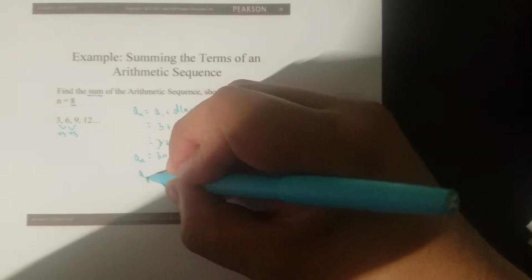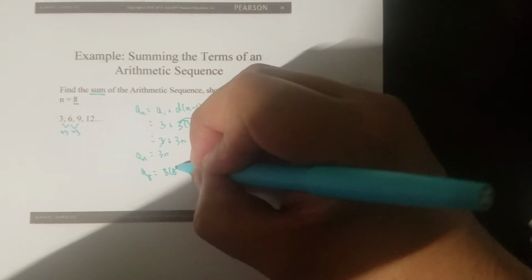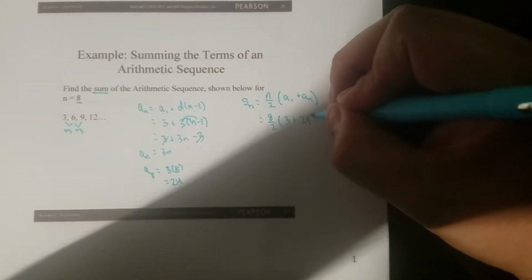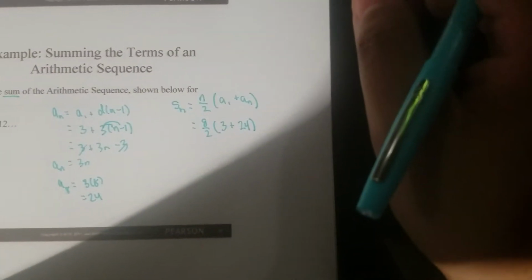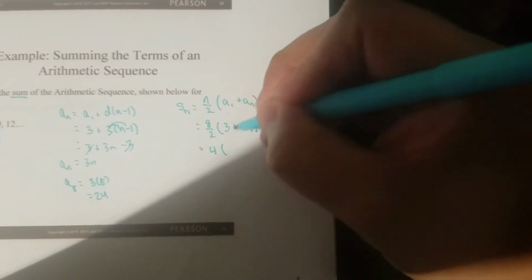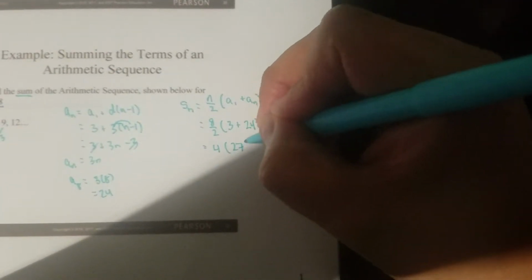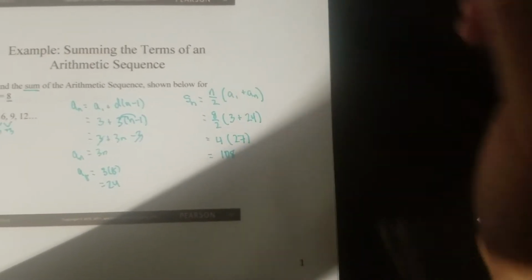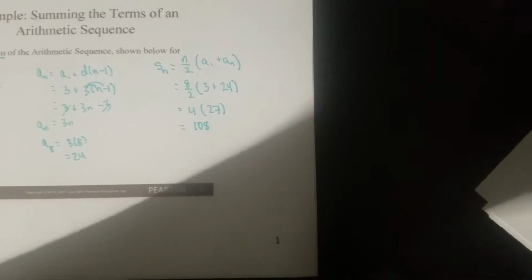So a8 is equal to 3 times 8, which is 24. So this is 8 divided by 2 is 4. 3 plus 24 is 27. And 27 times 4, I believe it equaled up to 108. Okay, so